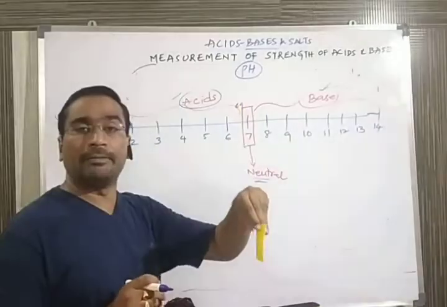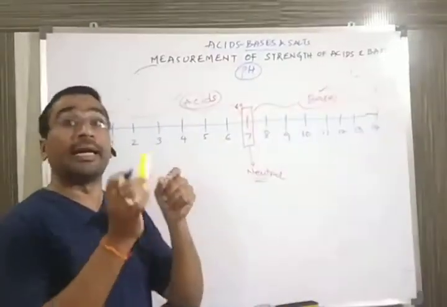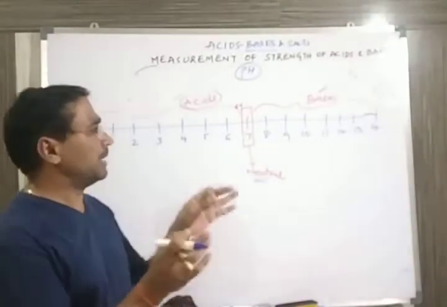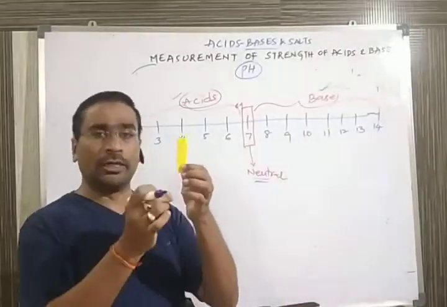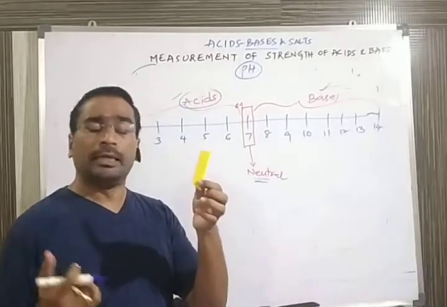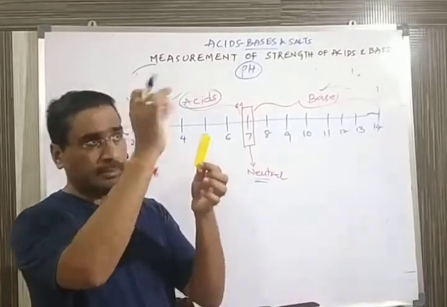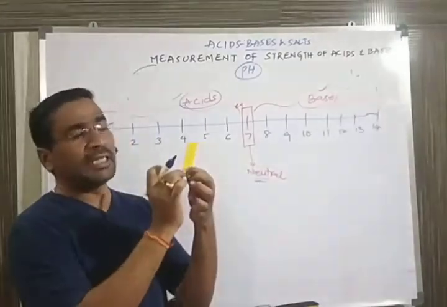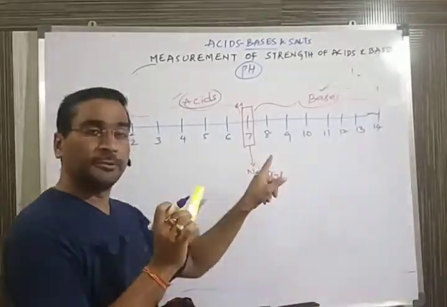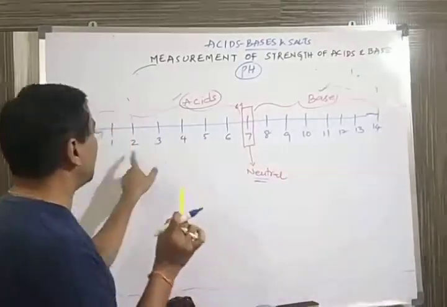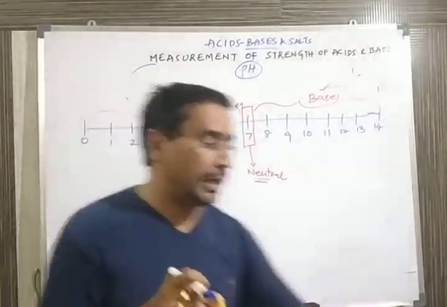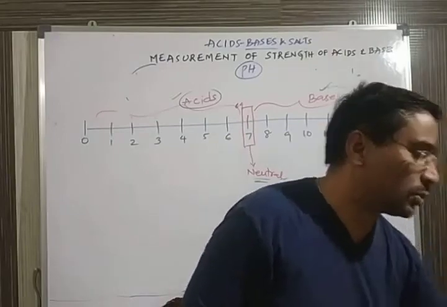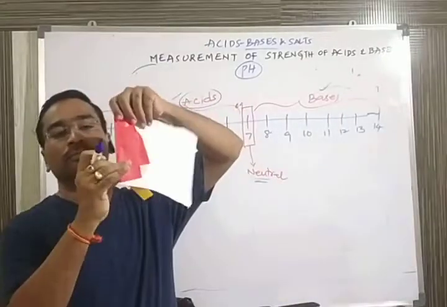If you dip a paper and you get a red color, it indicates something on the pH strips. When you purchase the pH papers, the box will indicate which color indicates which range of pH. Suppose as soon as it is showing the red color like this, it turns to the red color like this.